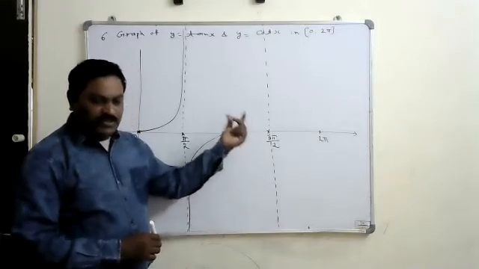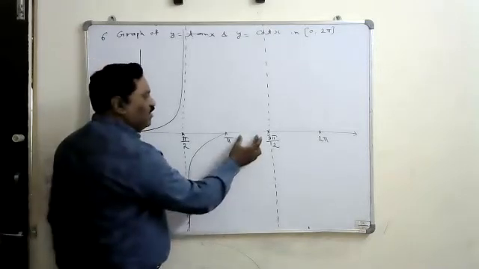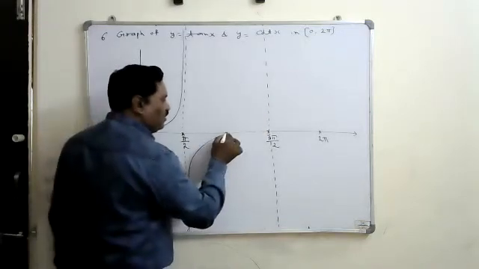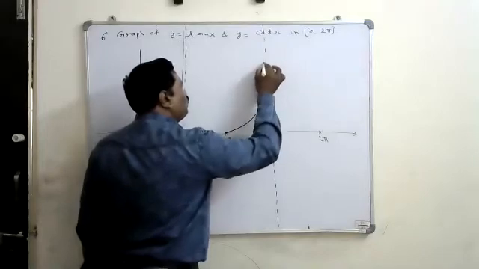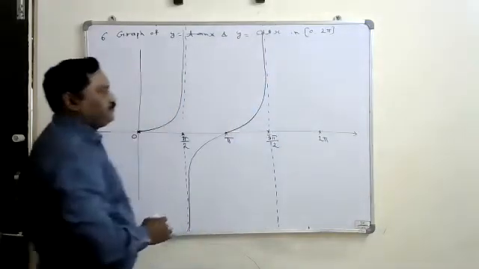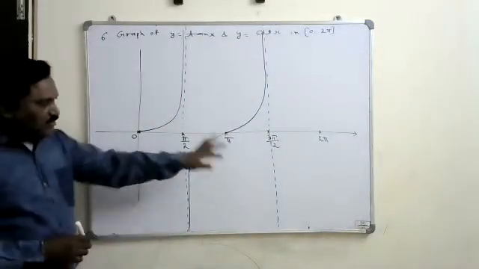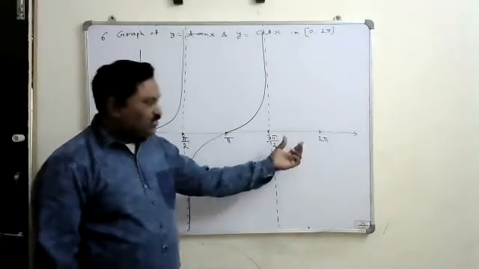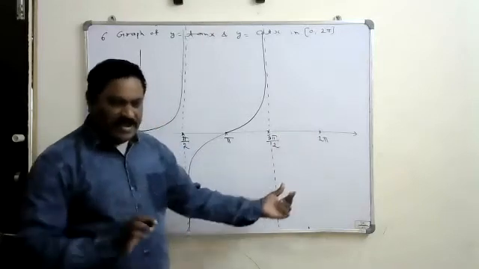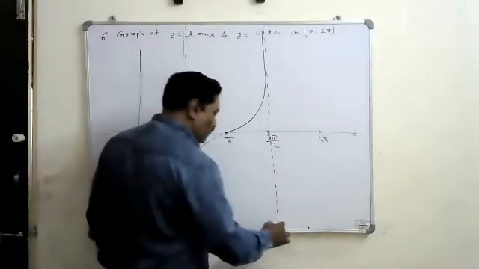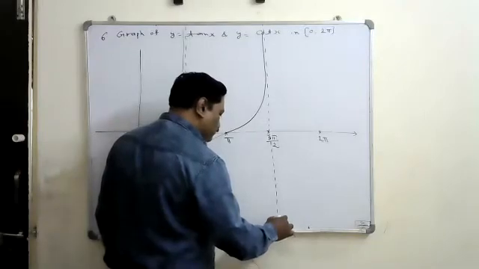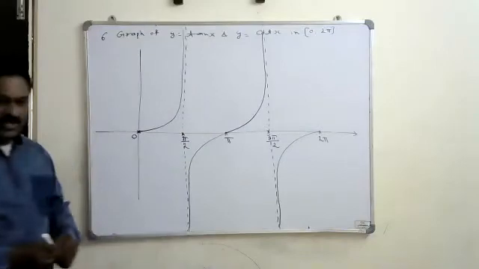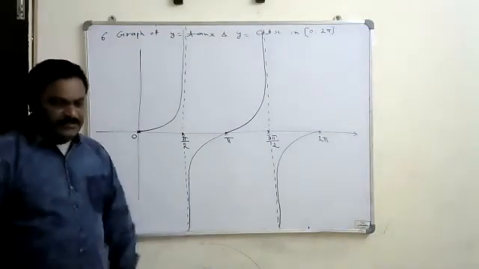Again, pi to 3 pi by 2, this is the angle of the third quadrant. Tan is positive in the third quadrant. For all these angles, tan gives positive values. That's why from there it reaches positive infinity, going along this line. Similarly, 270 to 360, these are the angles of the fourth quadrant. Tan is negative. That's why again it comes from negative infinity and reaches 0 there. Okay, this is the graph of tan x.